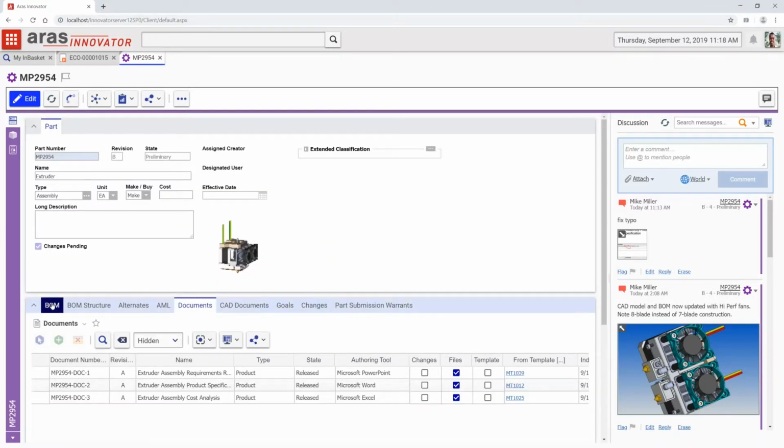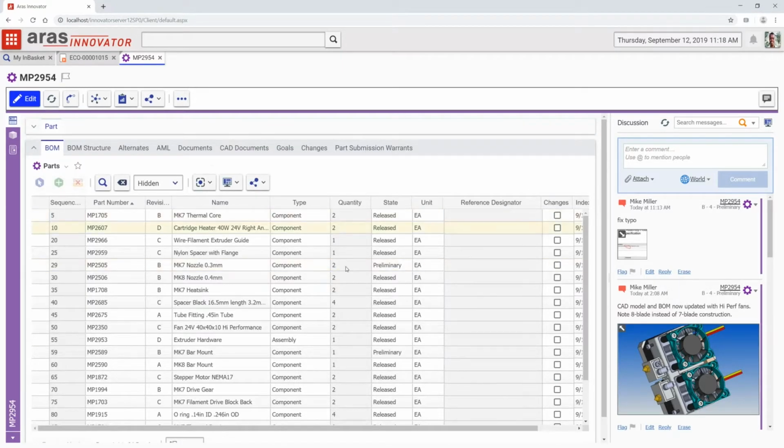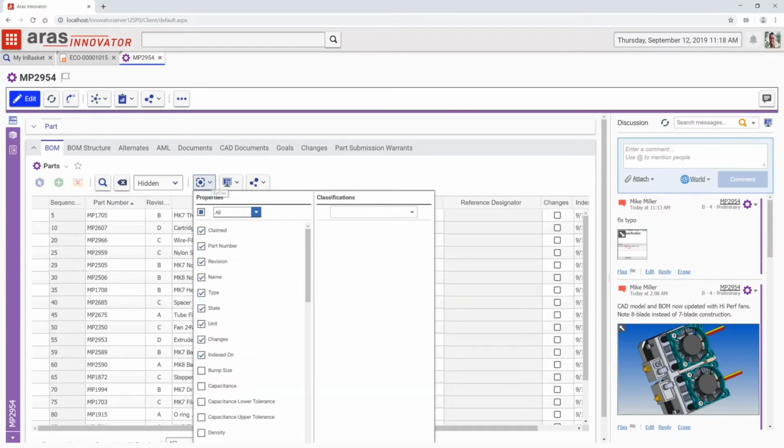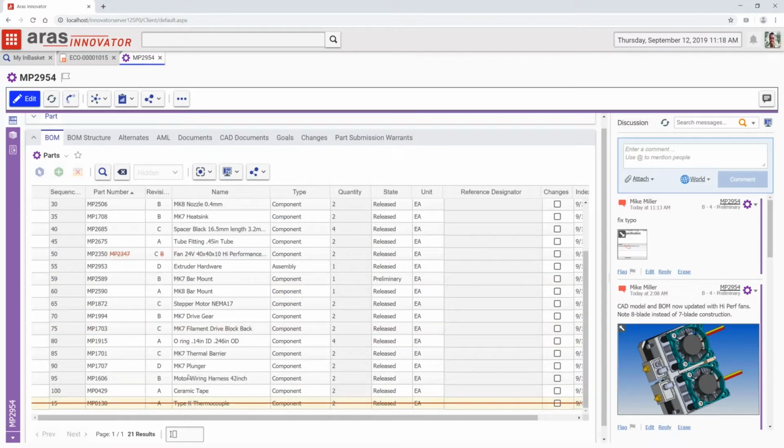One thing we've done for sake of time in the demo is we have done some changes to the structure in advance, and I can easily see this by going ahead and taking a look at a red line view of the BOM. So this immediately goes out, compares what's different from what I'm working on now to the previous revision. And here I see that we've replaced one part number with another. We put a better fan in there, and we've taken out an item here.